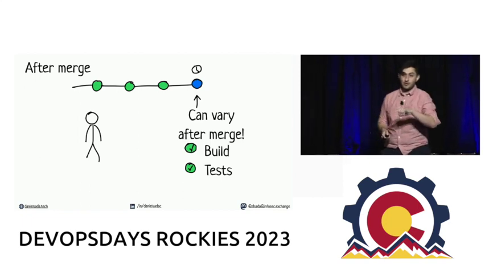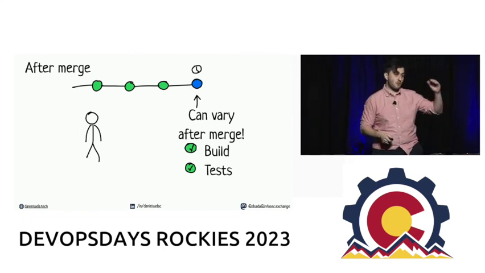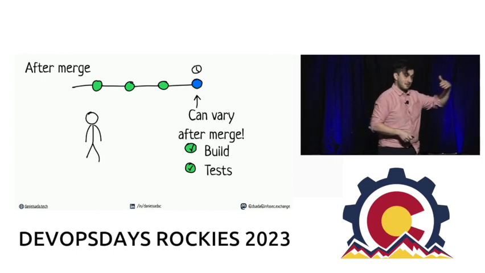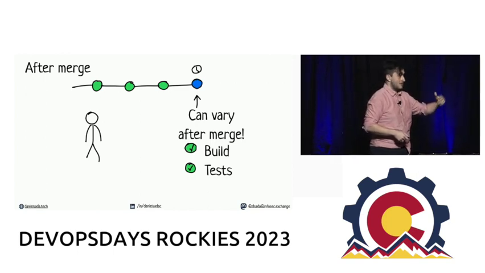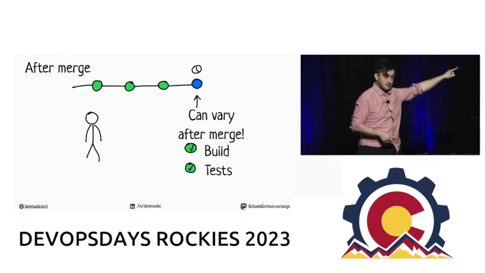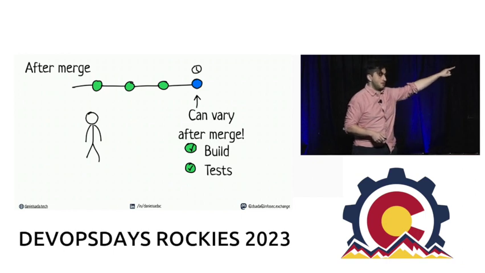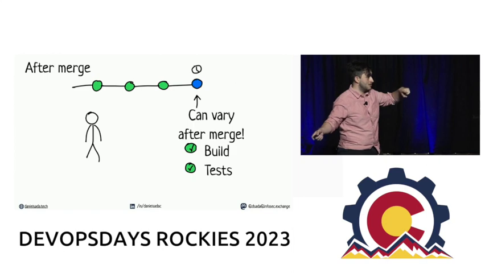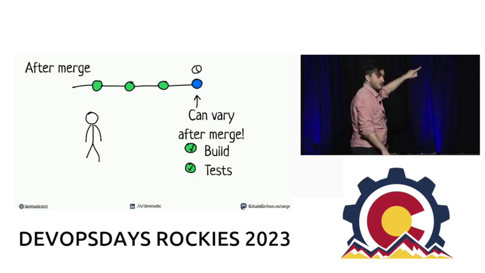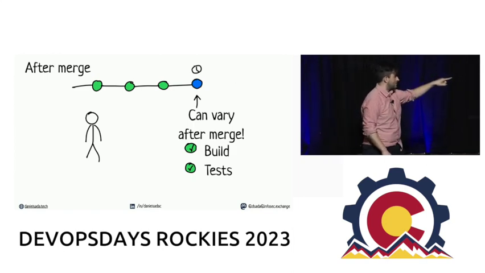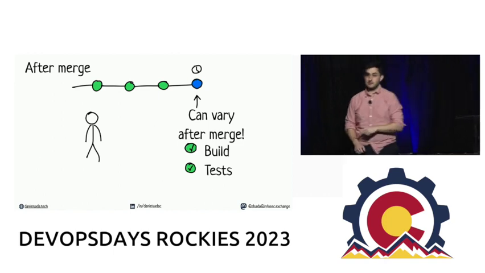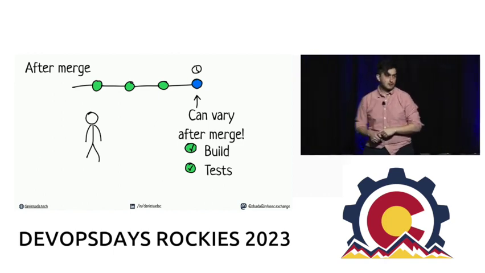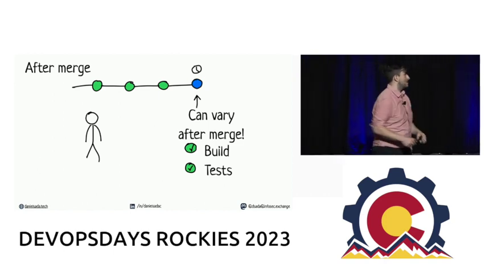Unless you have a policy which requires that every merge is updated, the result is that after you merge, you could have different code than what you had in the branch. So after you merge, you also have to make sure your code works. You can do a light set of build, a light set of tests. Some other companies do bigger builds and bigger tests.